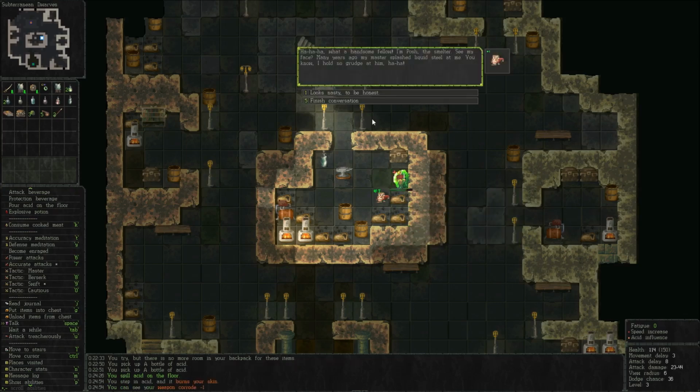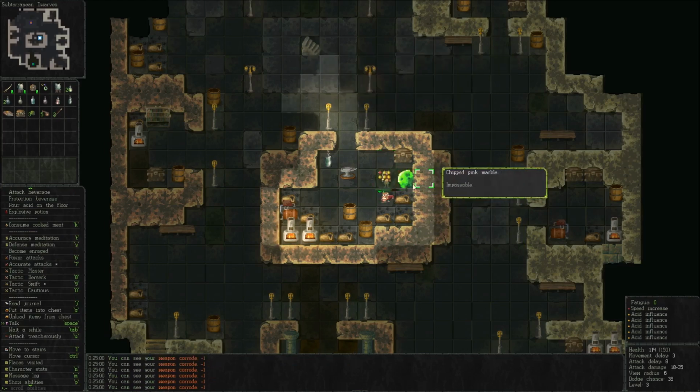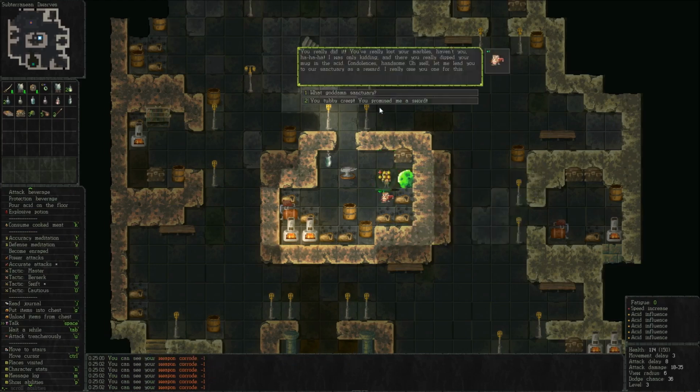Can I talk to you? Oh crap, I'm burning alive. Dude, I did it. You really did it. You really lost your marbles, haven't you? I was only kidding, and you really dipped your mug in the acid. Condolences, handsome. Oh well, let me lead you to our sanctuary as a reward. What goddamn sanctuary? You tubby creepy promised me a sword. Yeah, I kinda figured. The guys in this game are assholes, so...